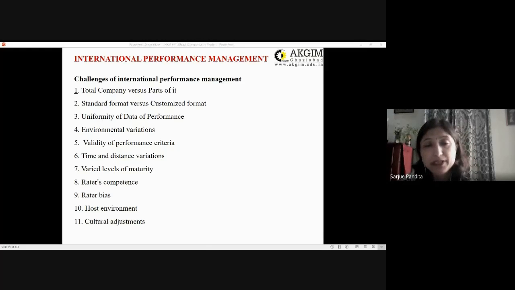See, normally parameters like profits, return on investment, cash flows, productivity, sales, then we have punctuality, customer complaints, etc. are applied to employees for measuring their performance. And some might apply qualitative parameters like innovation, leadership, motivation. So depending upon the level or the type of job you are handling, the type of parameter will differ. So the question arises: should the headquarters and subsidiaries adopt the same standard criteria, performance factors, or different criteria? Because different criteria are appropriate for their individual environments.